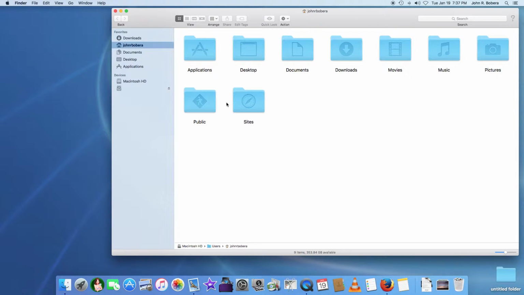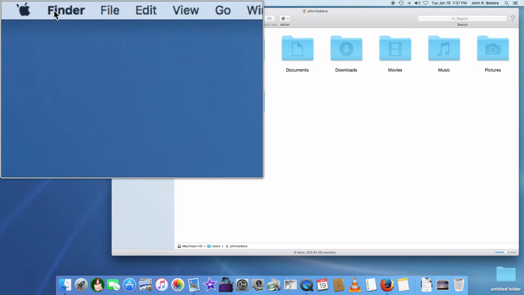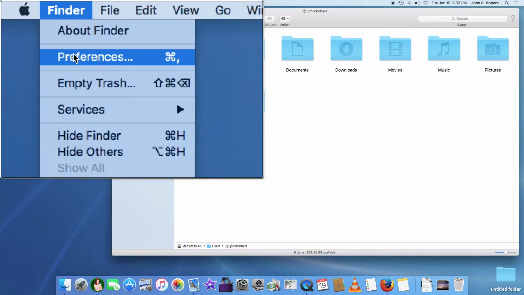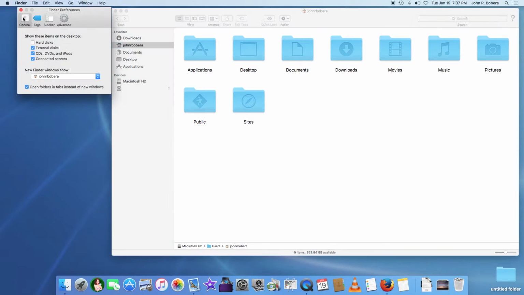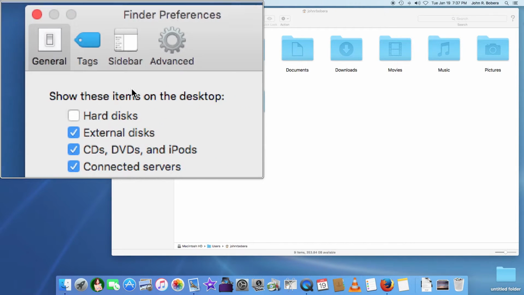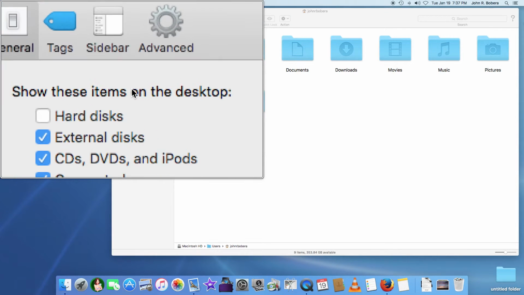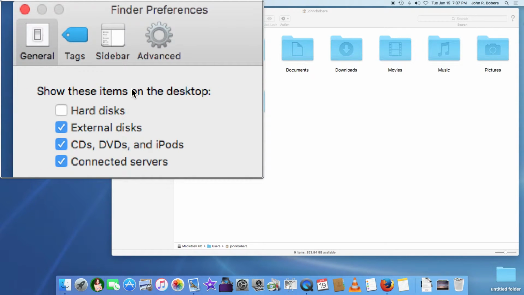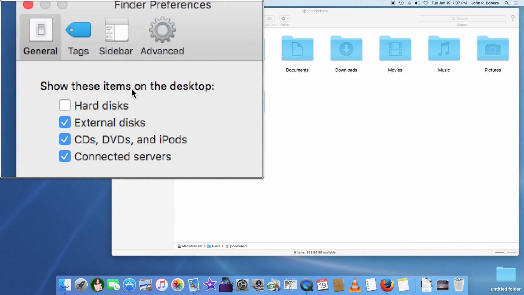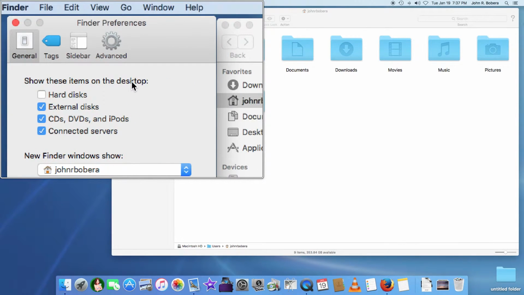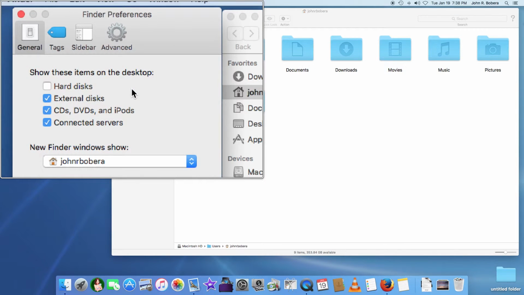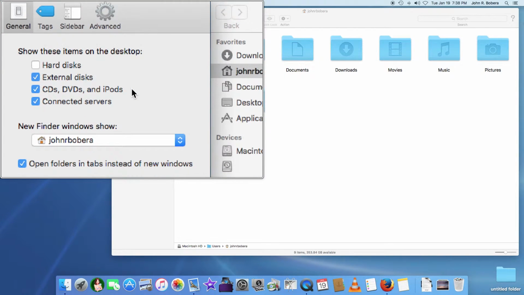Like any program, you go up here to the upper left-hand corner and click on that program. You should have a preference choice. So let's click on Preferences, and we end up with this little window. This does a number of things. The General Settings, which is the first one that's grayed there, has these subjects on it here. Okay, show these items on the desktop, and you have hard disks, external disks, CDs, DVDs,